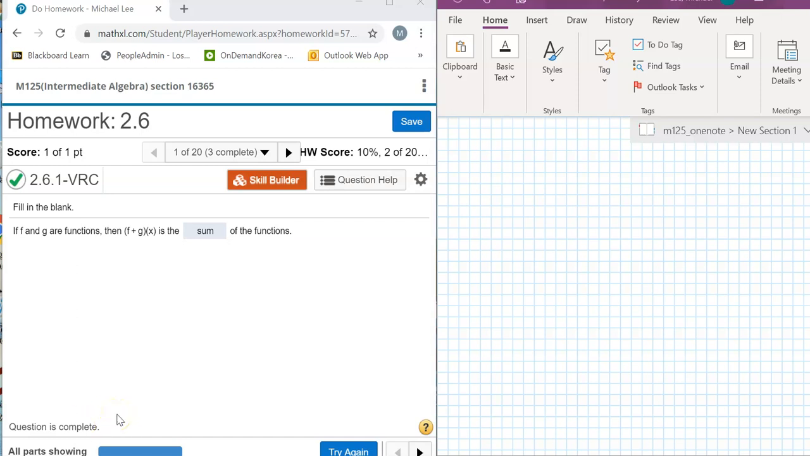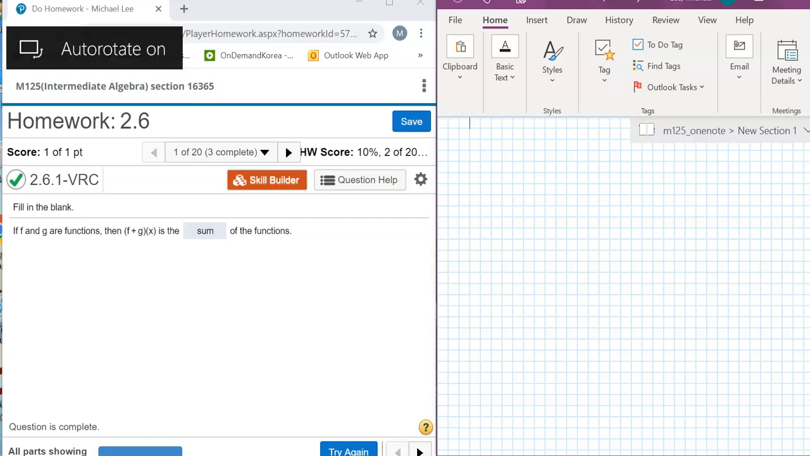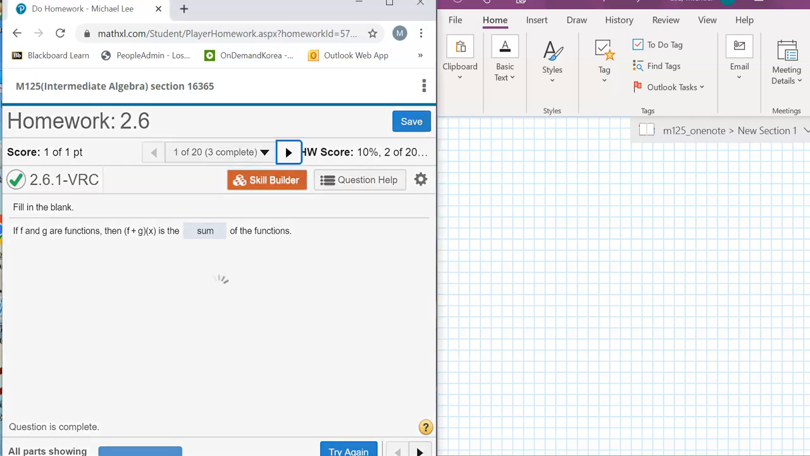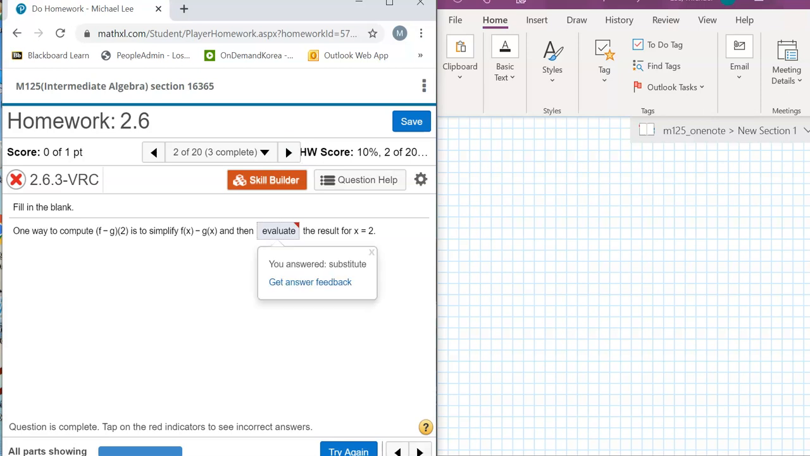Okay, homework 2.6. If f and g are functions, then f plus g of x is the sum of the functions. So the first one is the sum. And number two, one way to compute is to simplify and then evaluate. Okay, the answer is evaluate. And then next one